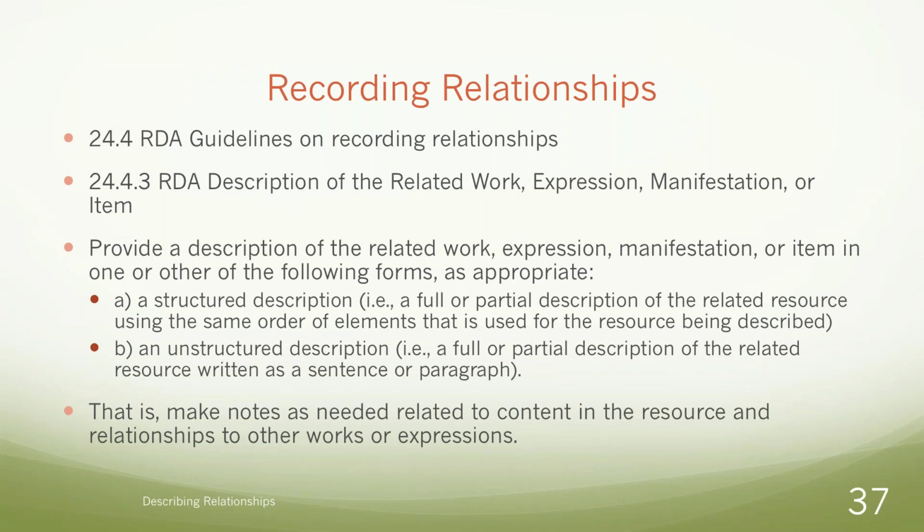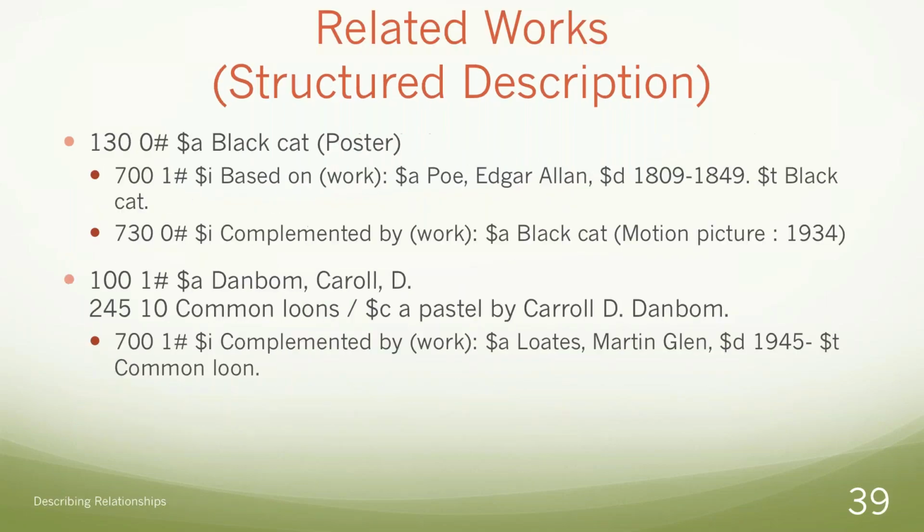So relationships. There are 2 types. There's structured and there's unstructured. Unstructured is just your basic English language note. And structured is going to be where we add this information in a 700 field for something that was created by a person, 710 for something created by a corporate body, or 730 for something that doesn't have a creator that we can identify. So the Black Cat poster, we can add a relationship that it's based on the work